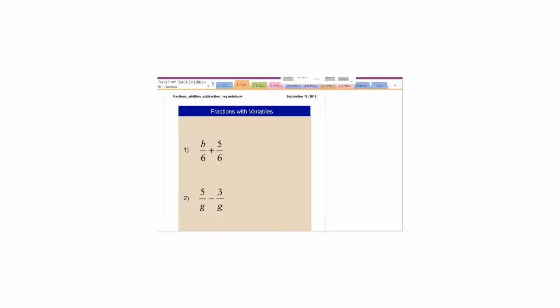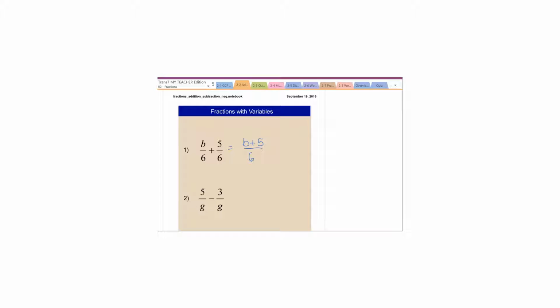Let's add fractions with variables. In this first example, we have a variable in the numerator of one fraction, but we have common denominators. So we're going to use the same process we do for adding any fraction. We're going to keep the numerators and add them, and then keep the common denominator. We can't add b and 5 together, so we just leave it as b plus 5 over the common denominator